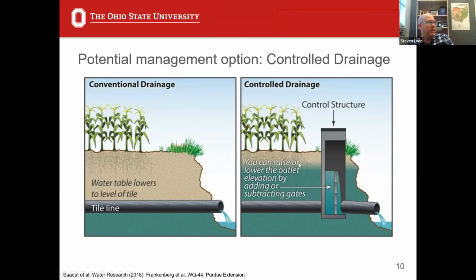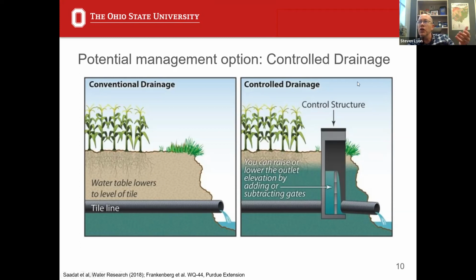We can do this for periods of time because, for example, if we're lowering this water table to increase trafficability, we maybe don't need to have a drained field during the winter period, when no one's out planting or harvesting. And counter to that, if there's no crop on the field in the winter or no deep root penetration needed, well, then it's okay to have a higher water table during that period. So holding water back maybe in the winter or maybe sporadically throughout the summer periods as well can be a benefit, not just for the crop or for the field, but also for the environment as well.